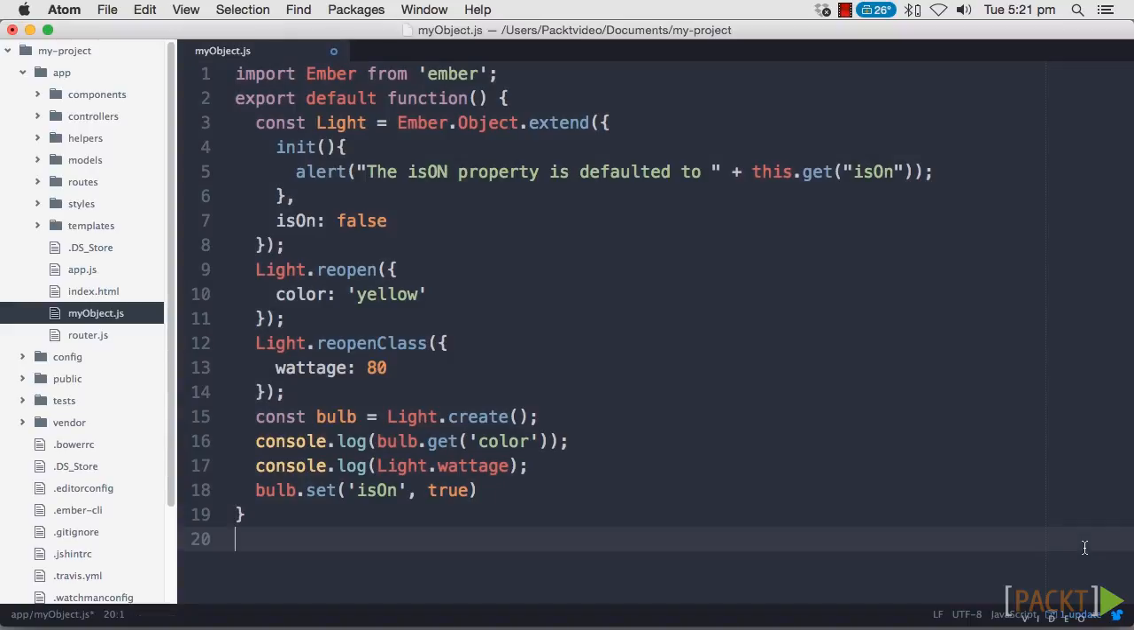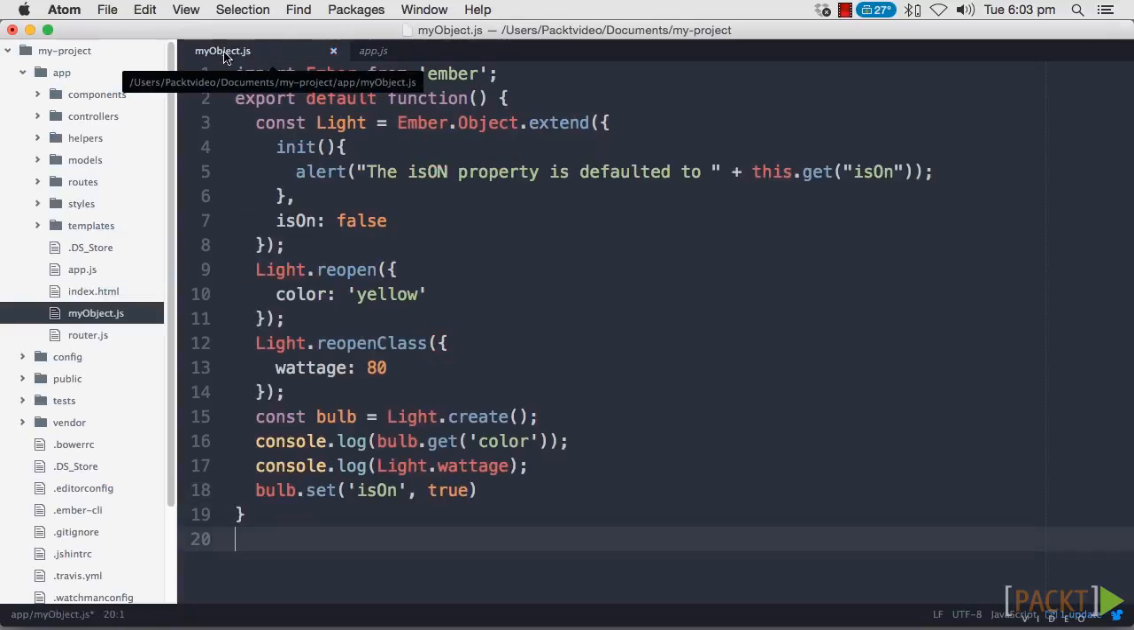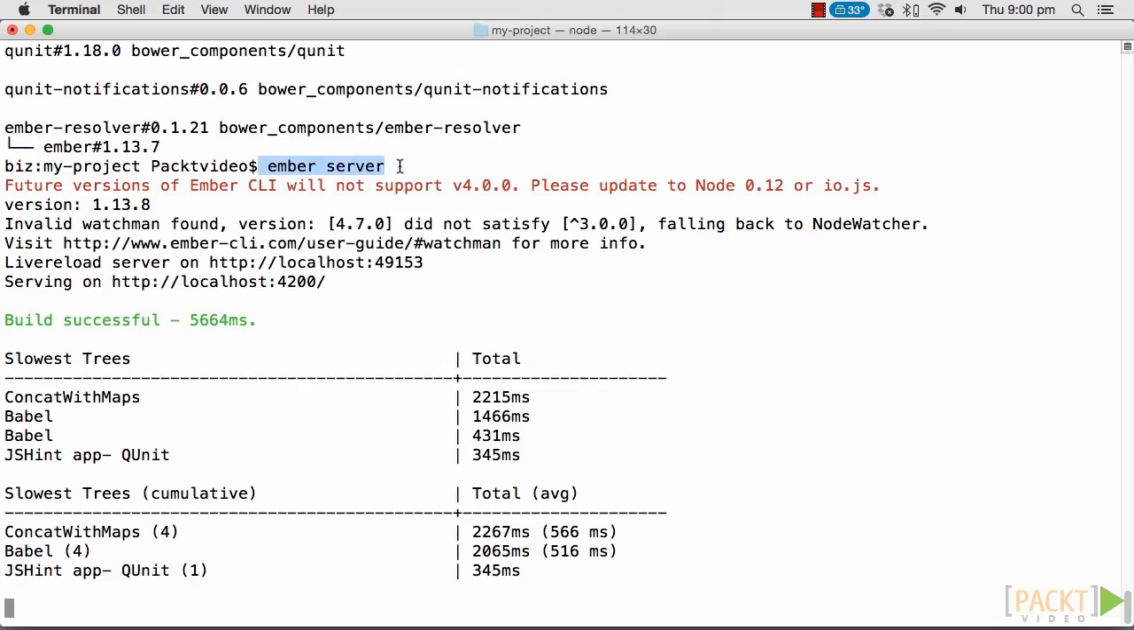To use these previous examples, we can create our own module and import it into our project. To do this, create a new file in the app folder called myobject.js. This is a module that we can now import to any file in our Ember application. In the app folder, edit the app.js file. You'll need to add this line at the top of the file. At the bottom, before the export, add this line. This will execute the myObject function that we created in the myobject.js file. After running ember server,